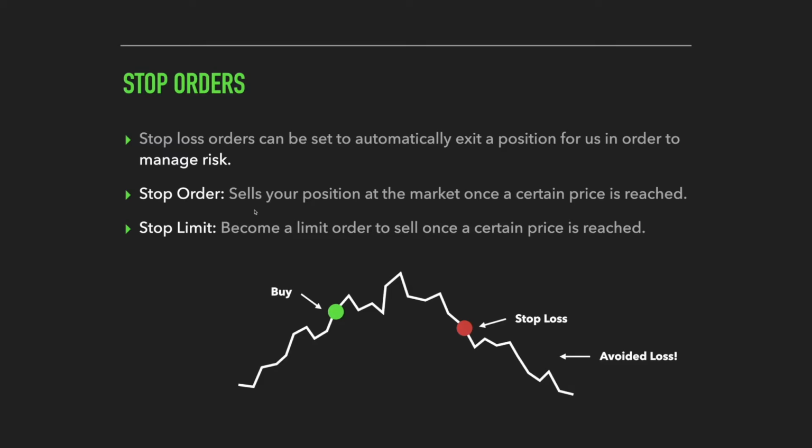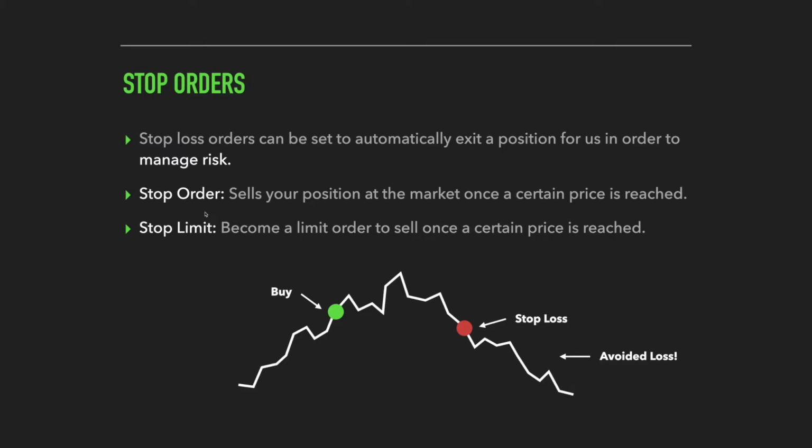position. With a stop limit order, on the other hand, this is actually going to become a limit order to sell once a certain price is reached. So you're not only going to select a stop price, but you also have to set a limit price, which is going to be triggered and activated once that stop price is reached. Now, in my opinion, stop limit orders are a little bit more risky unless you're being very generous with where you're placing your limit price, because with a limit order, there's no guarantee that that price is going to be filled, which is not going to be a problem with a regular stop order since it's going to be sold